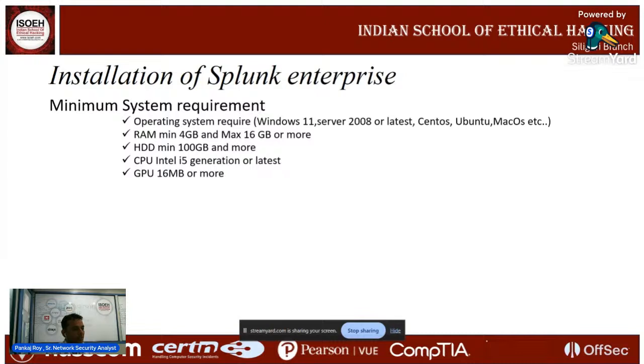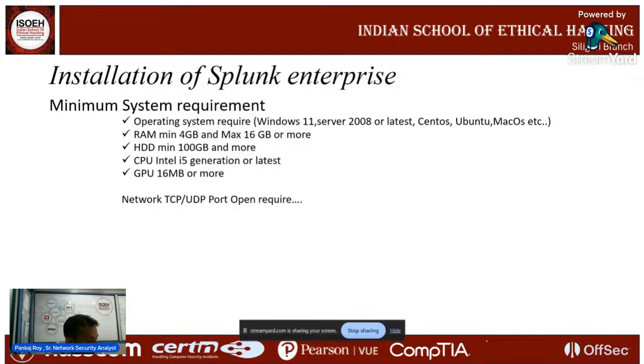Hard disk minimum 100 GB is good, or more. If you're a beginner using the enterprise for student purposes, you can use 70 GB or 80 GB on your virtual machine, that is good. For CPU, an i5 of the latest generation; if you have a server, a 5th generation CPU is good, or later is much better. For graphics, minimum 16 MB is good. Okay, and after your machine is ready to deploy Splunk Enterprise,